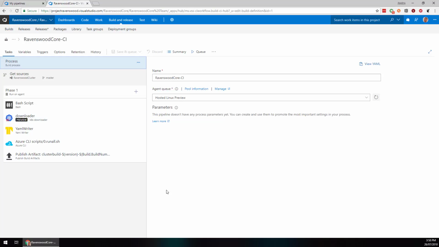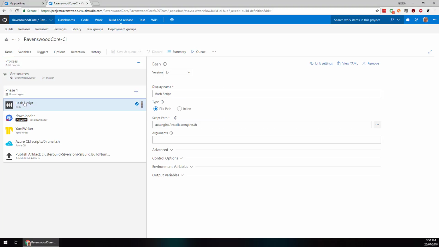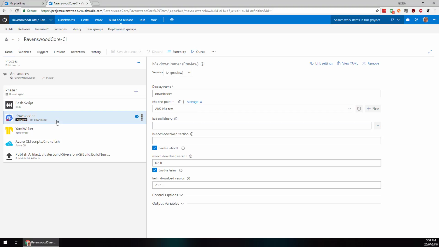Basically, it's very simple. It grabs the sources out of the Git and then runs a few bash scripts. So here's the install ACS engine script, which is in the source control. It basically just installs ACS engine onto the build host. Then there's a downloader VSTS task, which grabs kube control, Istio control, and Helm, and deploys them onto the build services. It also links up the kube control configs that are set up as part of